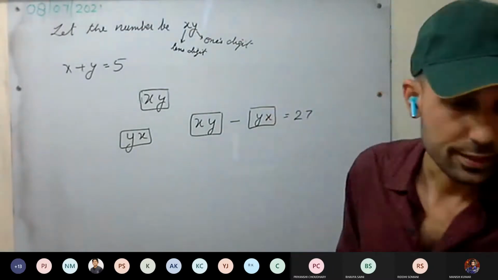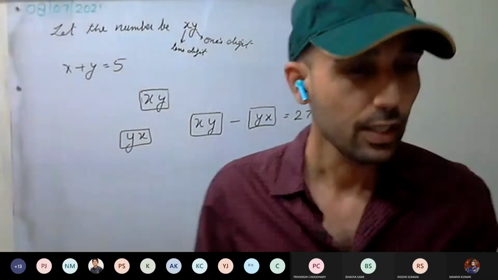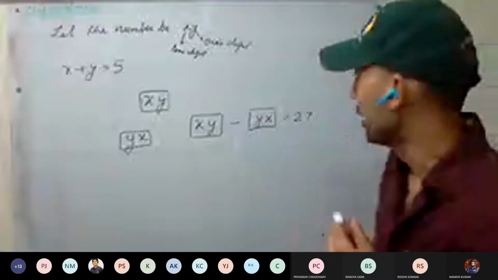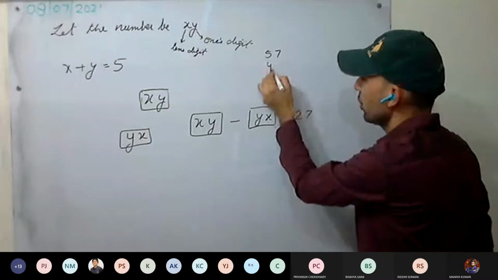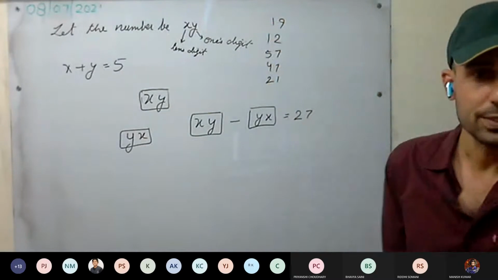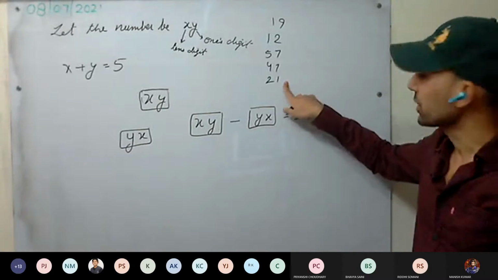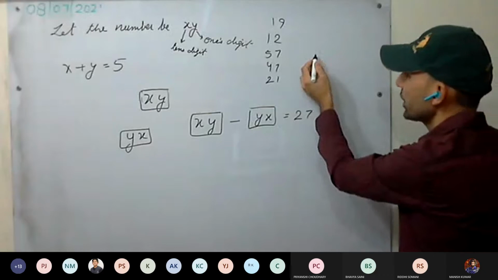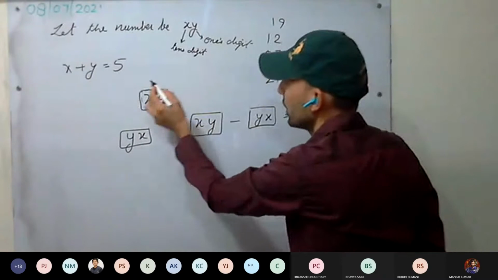Okay, see here. What is the question? Read the question: the sum of the digits of a two-digit number is 5. So first we require a number, and we have assumed that there is a two-digit number. If I ask you to give me any two-digit number, you may give 57, 47, 21, 12, 19. These numbers you would have given as examples. Yes or no? Now we do not know which two digits are there. The question is saying, give me a two-digit number whose digit sum is 5.